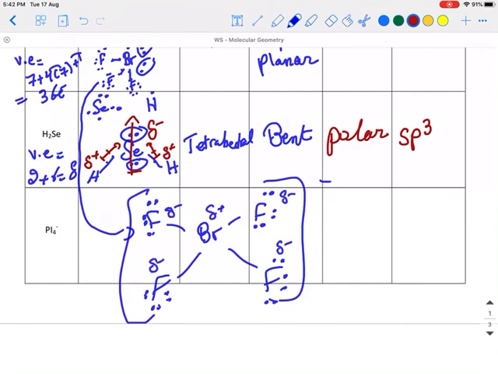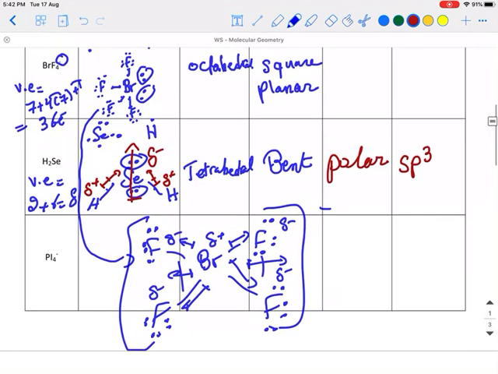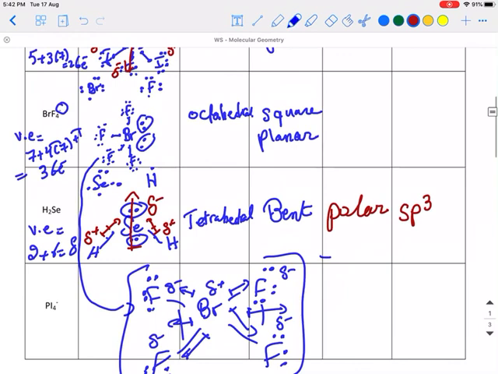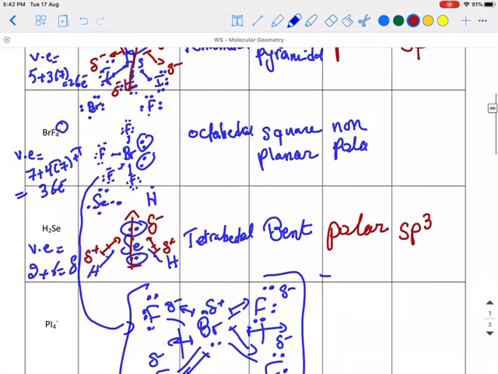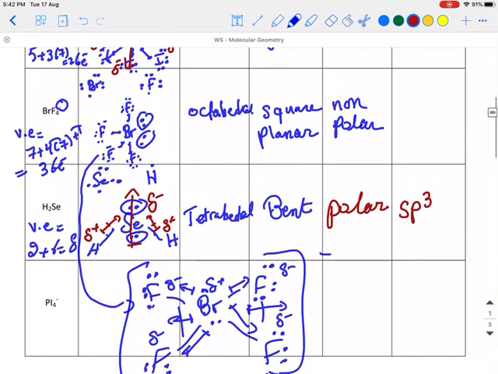Fluorine is more electronegative than bromine, so these are the arrows. This arrow cancels this one. No net dipole, so it is non-polar, despite the lone pairs. Now the type of hybridization: since we have 1, 2, 3, 4, 5, 6 valence electron clouds around it, it has d2